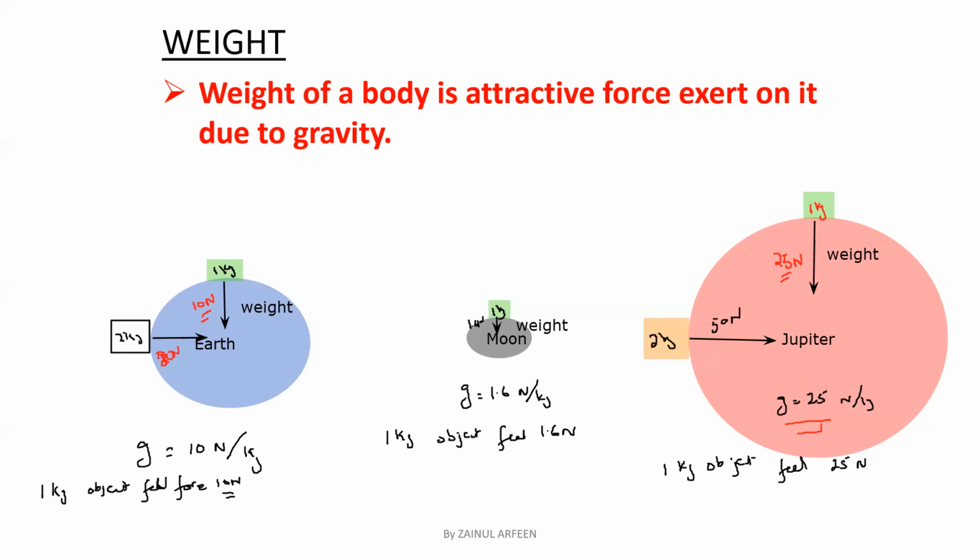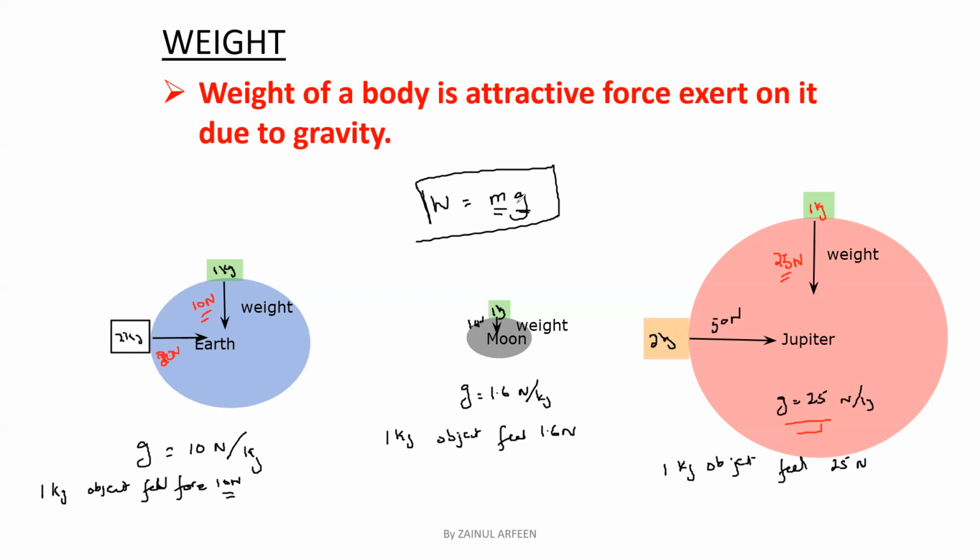So greater the mass of an object, greater the weight, and the formula which relates the mass and weight together is W equals mg. So weight is equal to mass multiplied by gravity. This is the formula which relates mass and weight. W equals mg, where W is weight, m is mass of an object, and g is